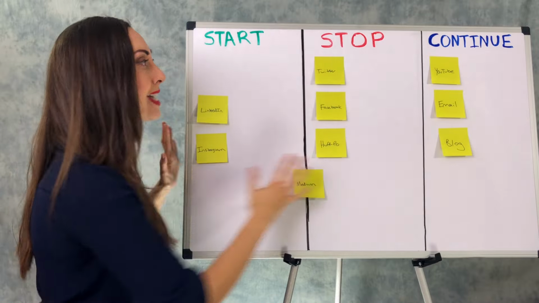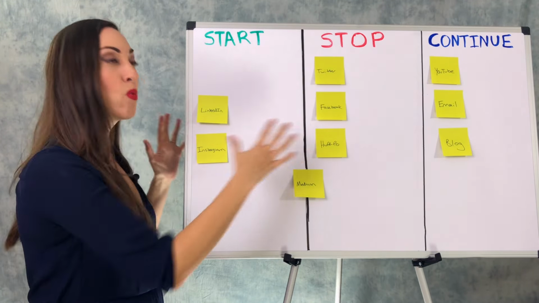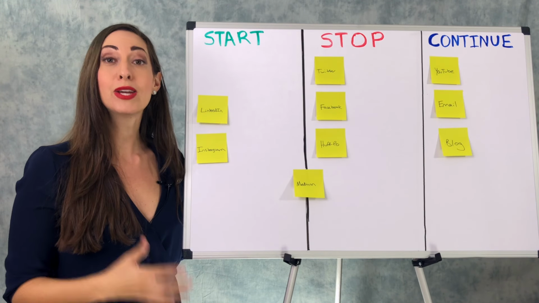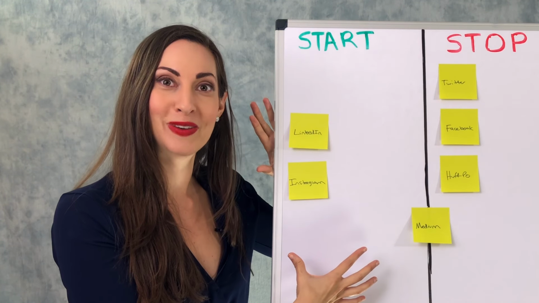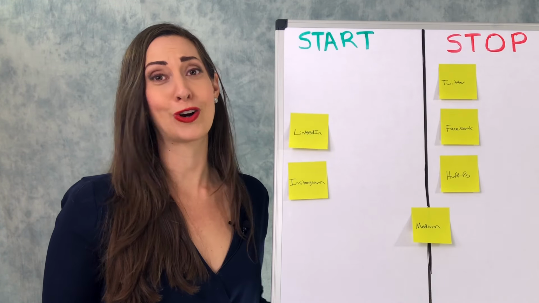So you want to place these tasks all over. This is the time for heated debate, discussion, talk about why things go where, and it will help you get a really nice visual of your company or of those tasks. For example, let's say that everything is in the Start column. That would tell you that you have way too many projects you want to start off the bat, right?